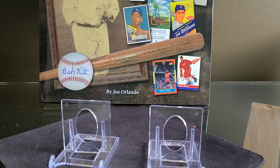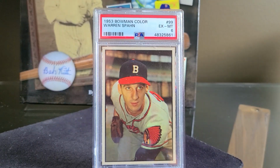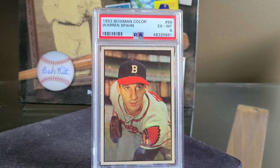I've just rushed so quickly through the 33 Goudey and the 53 Bowman. Next up is a 53 Bowman. Boy, isn't this a blazer, huh, guys? And I want to take time with the T206, really appreciate it, and continue to get centered 6 and 6.5